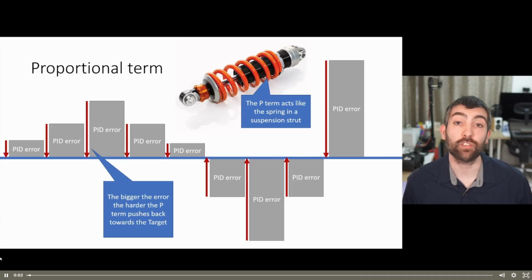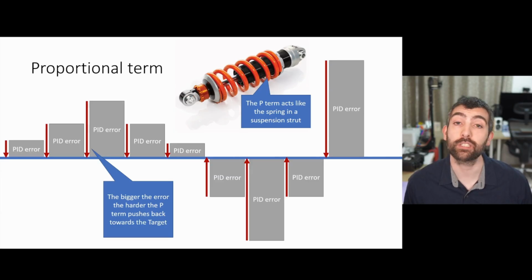Now that we've seen each of these terms in the schematic, let's dive into how each of them behave, starting with the proportional term. The proportional term acts on PID error, so the PID error is the difference between the target and actual rate of rotation, and it simply is a multiple of the PID error. So the larger the PID error gets,